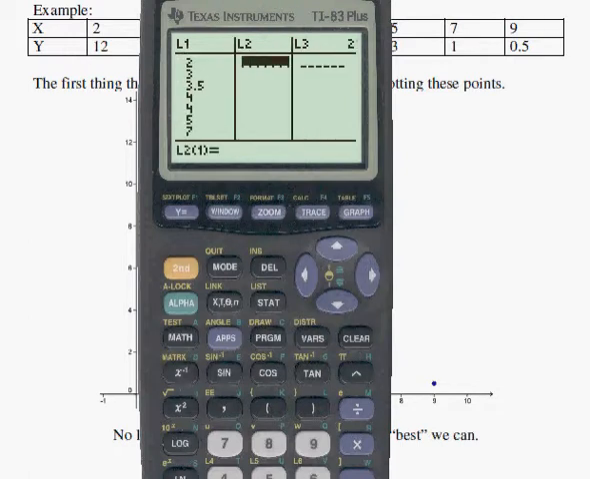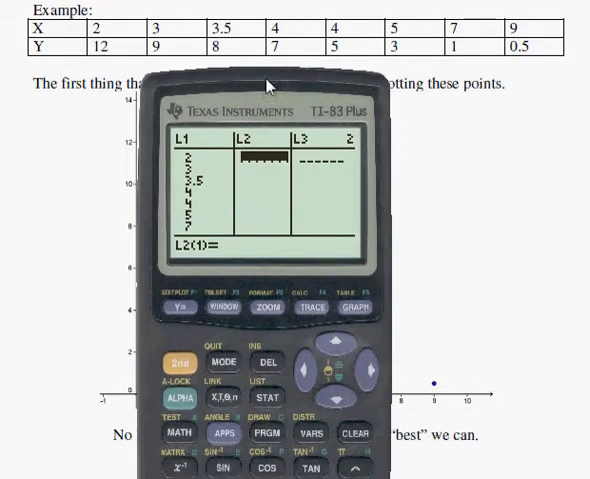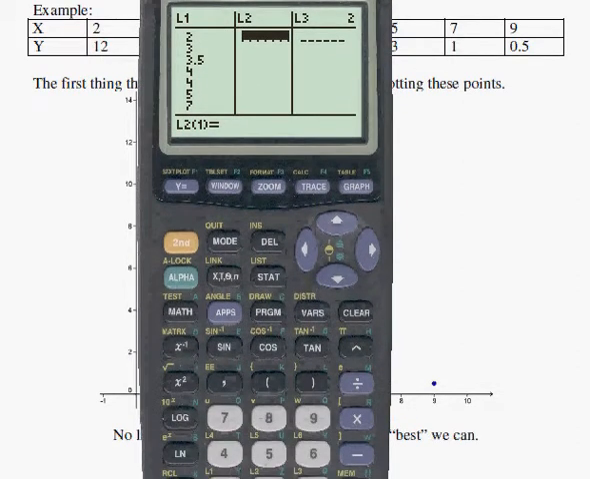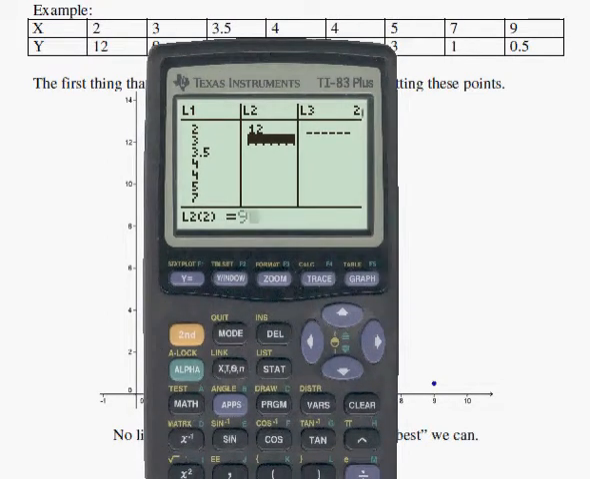Okay, and then right beside each of those, we're going to enter the y value. And the order is important because we're entering the points. I need 2, and right beside that I need the 12. So the order is very important. You need to make sure they're lined up right. So we have 2, 12, 3, 9,